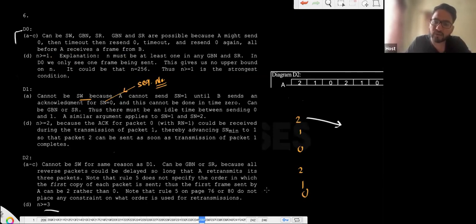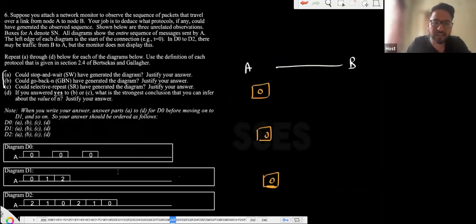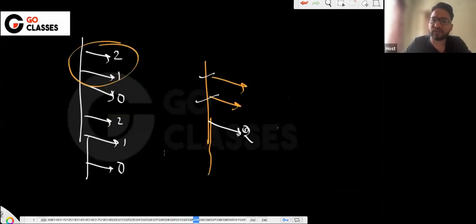Okay, they are saying at least 3 you need. I don't think at least 3 we need. Can we go back and selective repeat? Because all reverse packets could be delayed so long that A retransmits all the 3 packets. Okay, this is a retransmission that they are saying. These packets are retransmissions. Okay, let's say, what if these packets are retransmissions? It means that